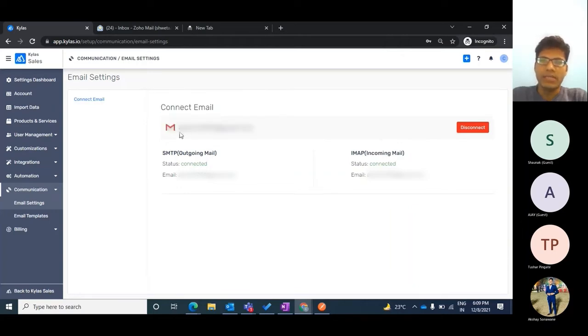So my email ID is shown over here, the email that I connected recently, and there is a button to disconnect. If at all I want to disconnect this Gmail account from this Kailash account, I can do this. So this is very simple. These are very simple steps to connect your Gmail account. We have to simply click on Gmail, enter our email ID and password, give the permissions that the app is asking for, and continue. Right. So now my email has been connected.